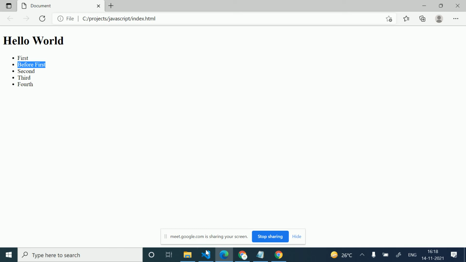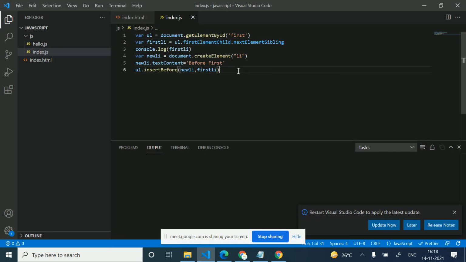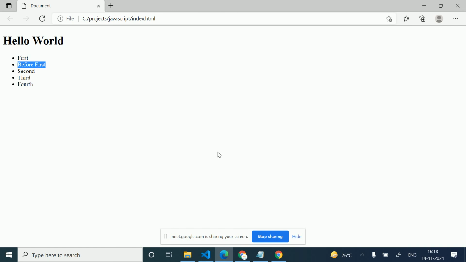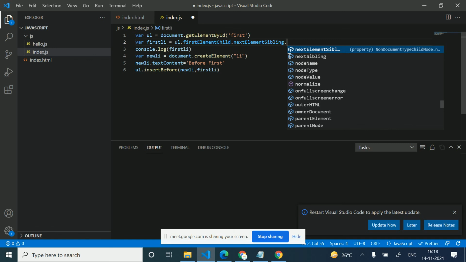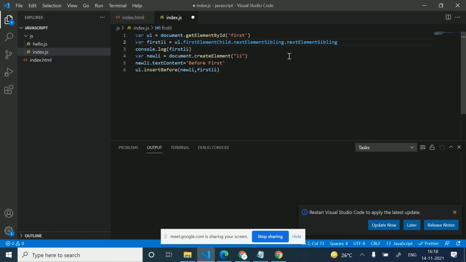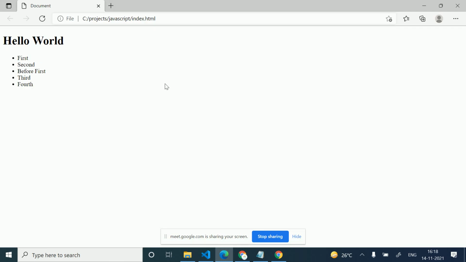In this way we can insert an element before and after an element. If I want to insert after the second, I will just go to another nextElementSibling, like this.